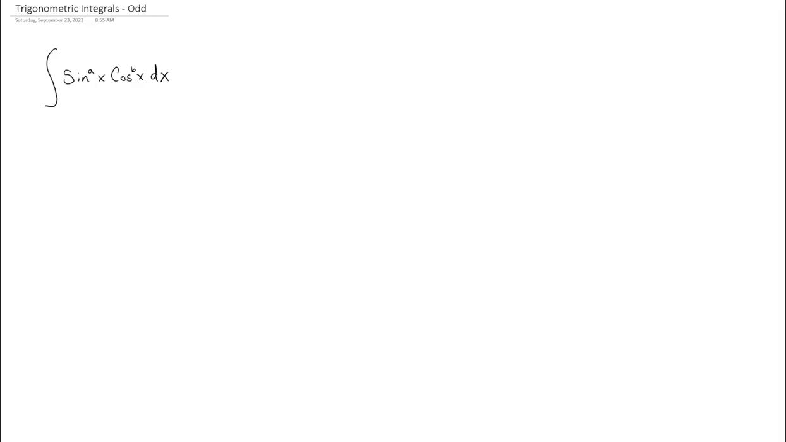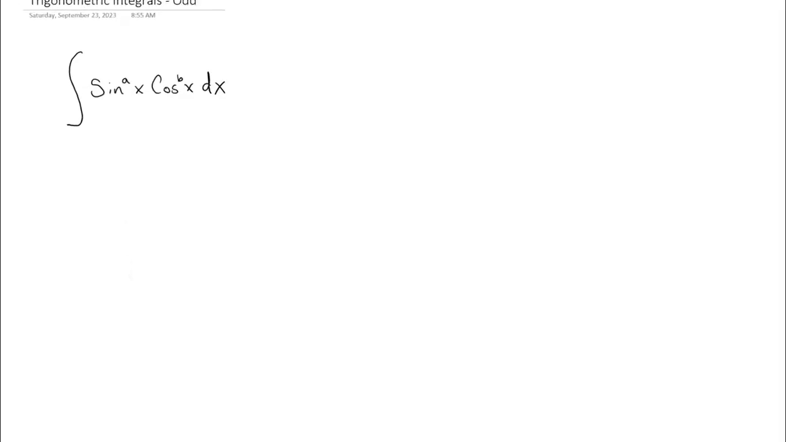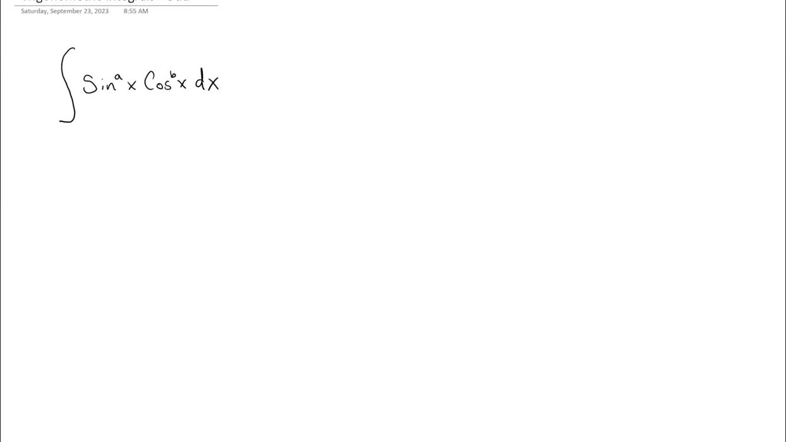For the sake of this video, we will be discussing the first case, and that is where either a and/or b are odd numbers. So a and/or b equals odd. Now this is the easiest case because when either a or b or both of them